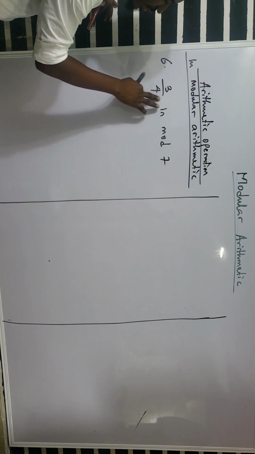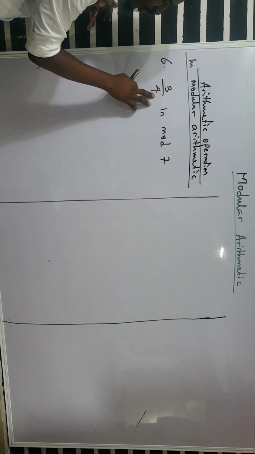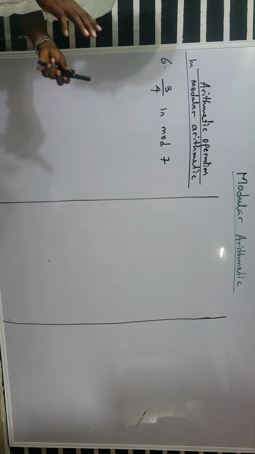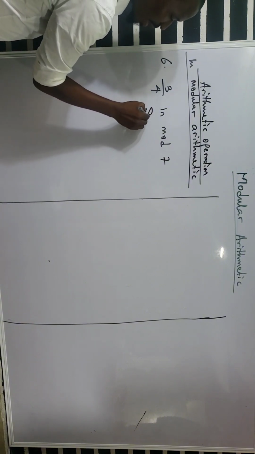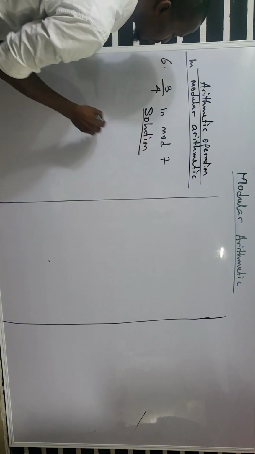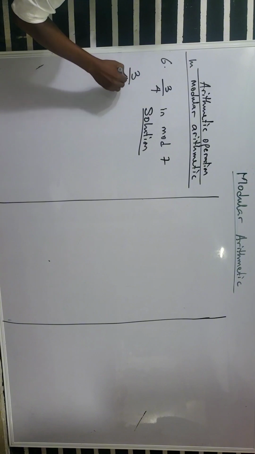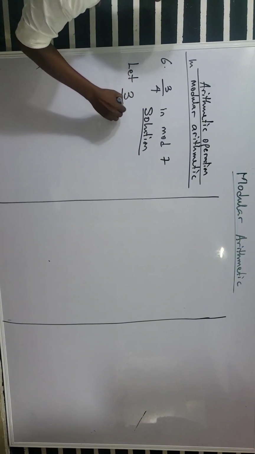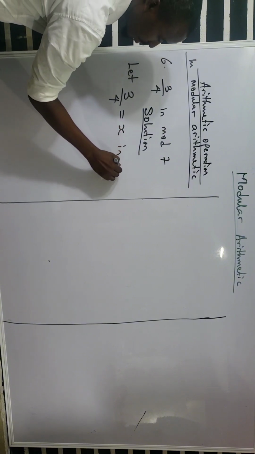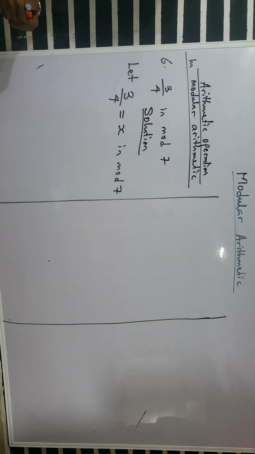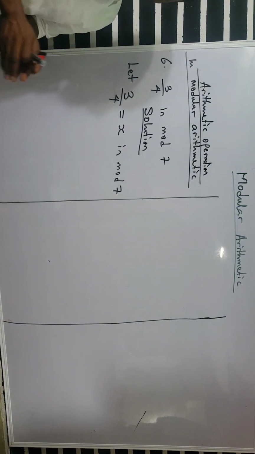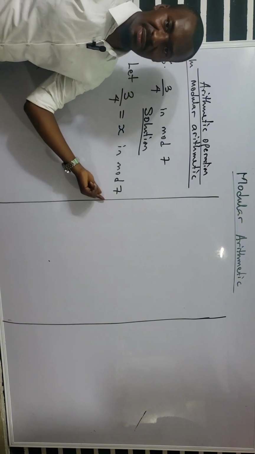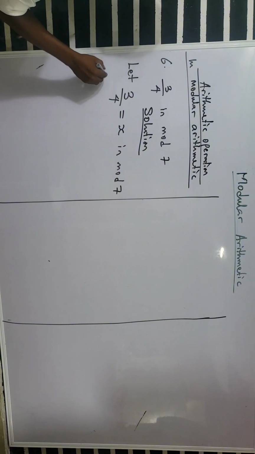You are asked to find 3 divided by 4 in modulo 7. What are we going to do? Please watch closely. I have my solution. 3 over 4. Okay, let 3 over 4 be equal to x in modulo 7. We are trying to find the value of x. 3 over 4, let it be our answer in modulo 7. So what does that mean? Therefore,